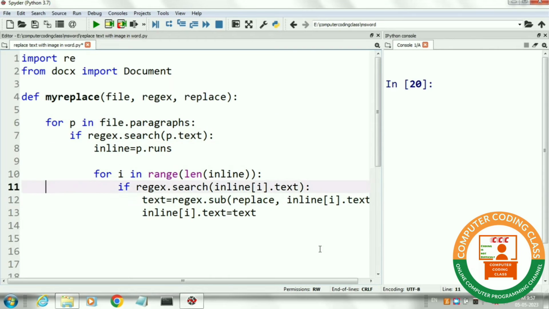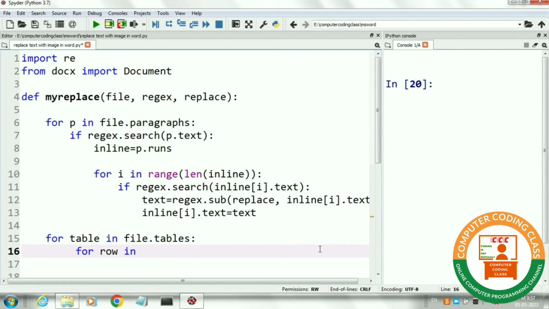Next, we will check our document for the presence of any table. If any table is present, then we will check all the rows of that table. Next, we will check all the cells of each row.